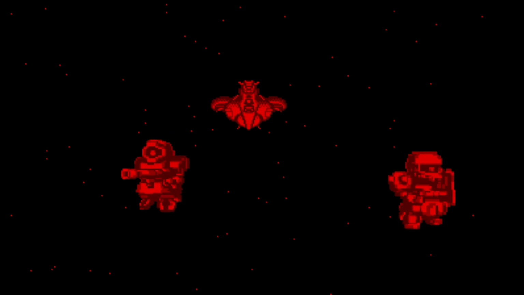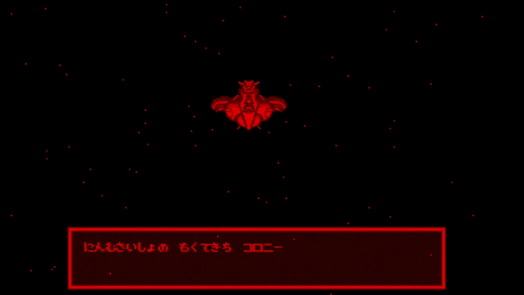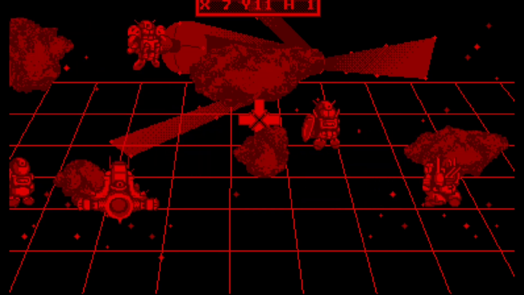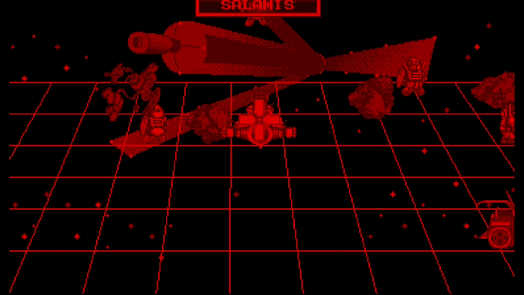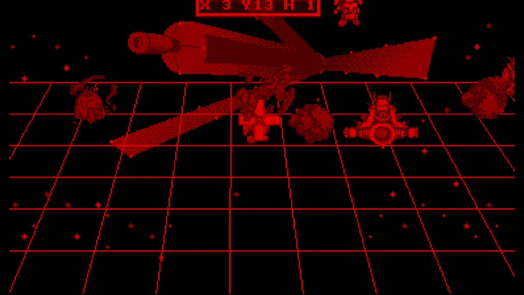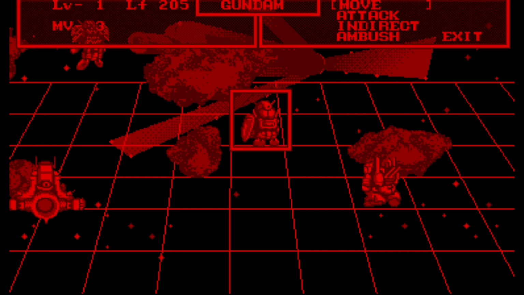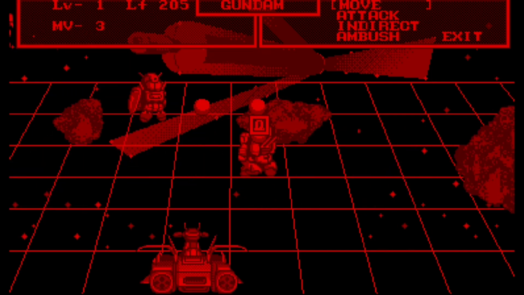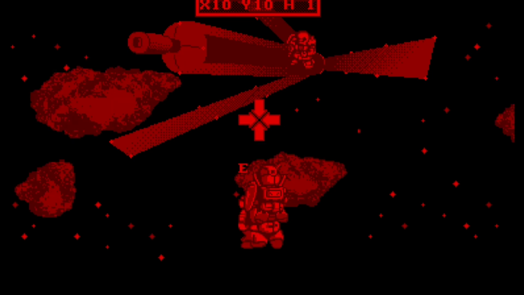And I think that might be a Zeon ship, if I'm familiar with my Gundam terminology. I believe those are Zakus, but they don't exactly look as bulky as they do in the series. I think these are more kidified versions of the characters, of the mobile suits that you fight. And move, attack, indirect, ambush. Basically, you can only move a series of spaces to try to get to the enemy you're looking to fight. You can actually switch characters. I believe you can even maneuver the enemies to